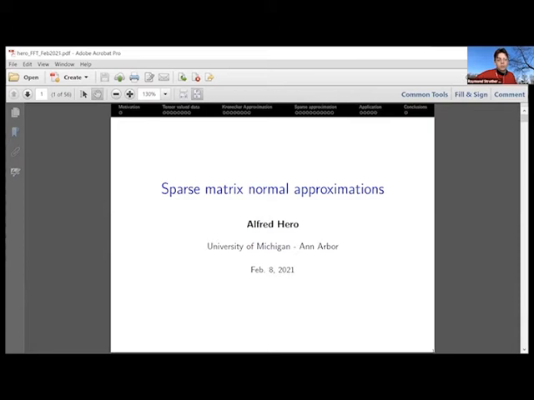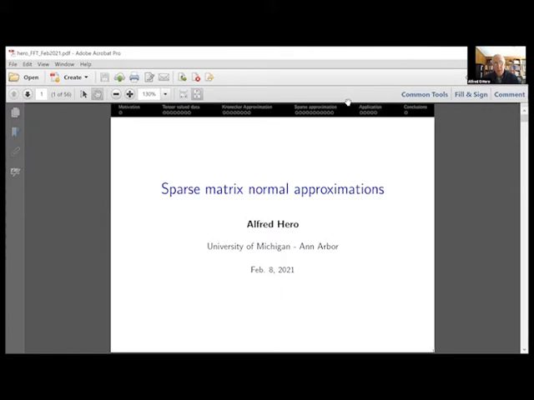So I'm going to talk a little bit about the framework, sort of introduction of tensor valued data and how this covariance approximation or inverse covariance approximation comes in the picture, and then talk about a couple of approximations